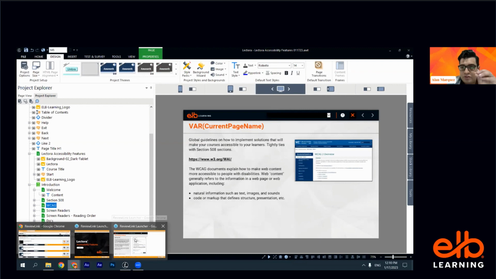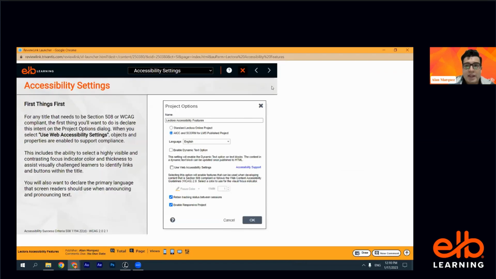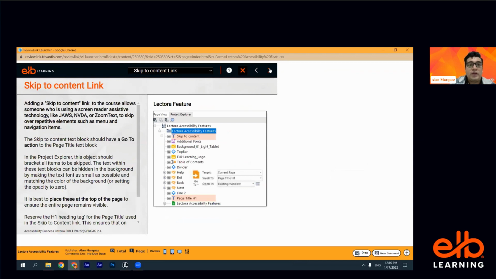I wanted to show you in the tool how this works and why it matters. Okay, skip to content link. This is one of the main features. This is one of the things that we really need to set up at the beginning, right after we enable the accessibility settings. And we have to create a skip link